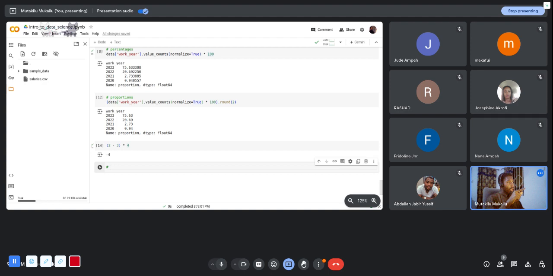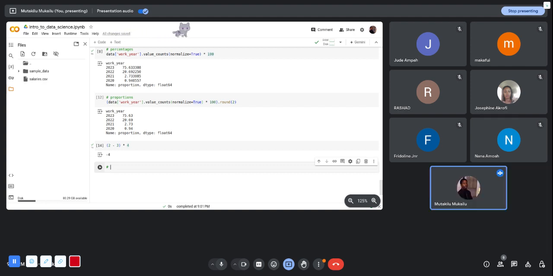But there is a way to actually list all the variables, I mean all the names of all the columns in a data set. So to list all the names of the columns of your data,